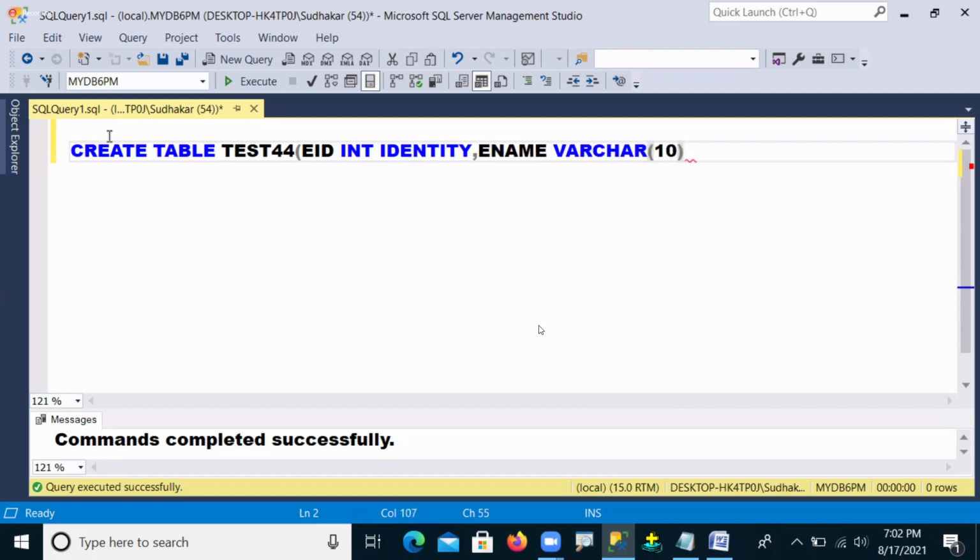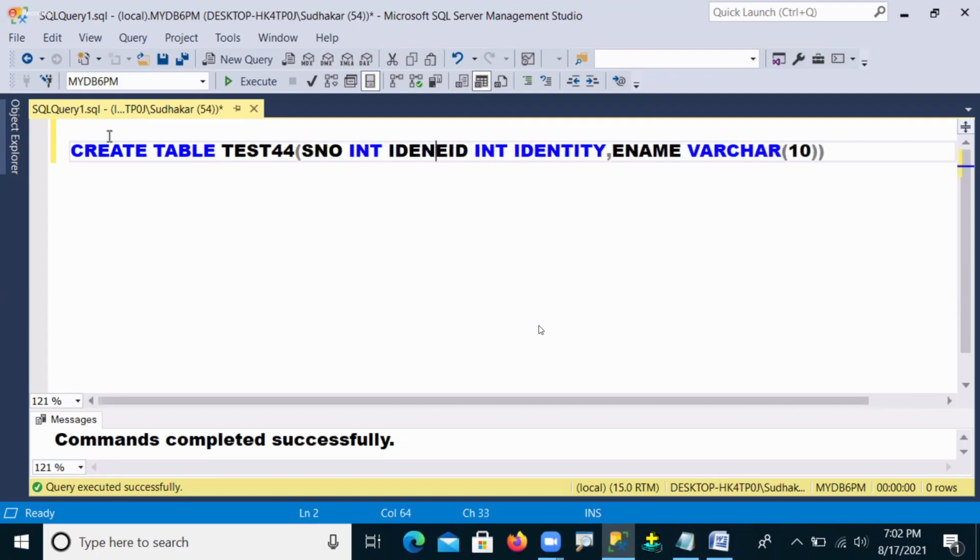For example, suppose before that I'm giving a serial number, and on serial number I'm also using identity. So here, guys, I'm applying identity on multiple columns. One is the serial number column, and on the EID column also we applied it.